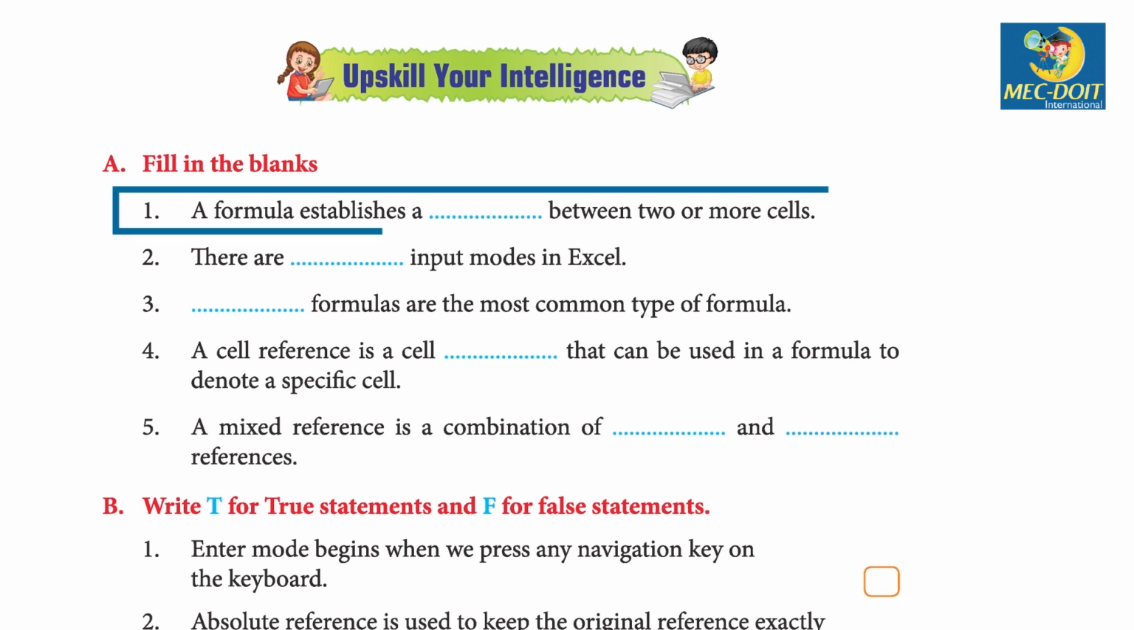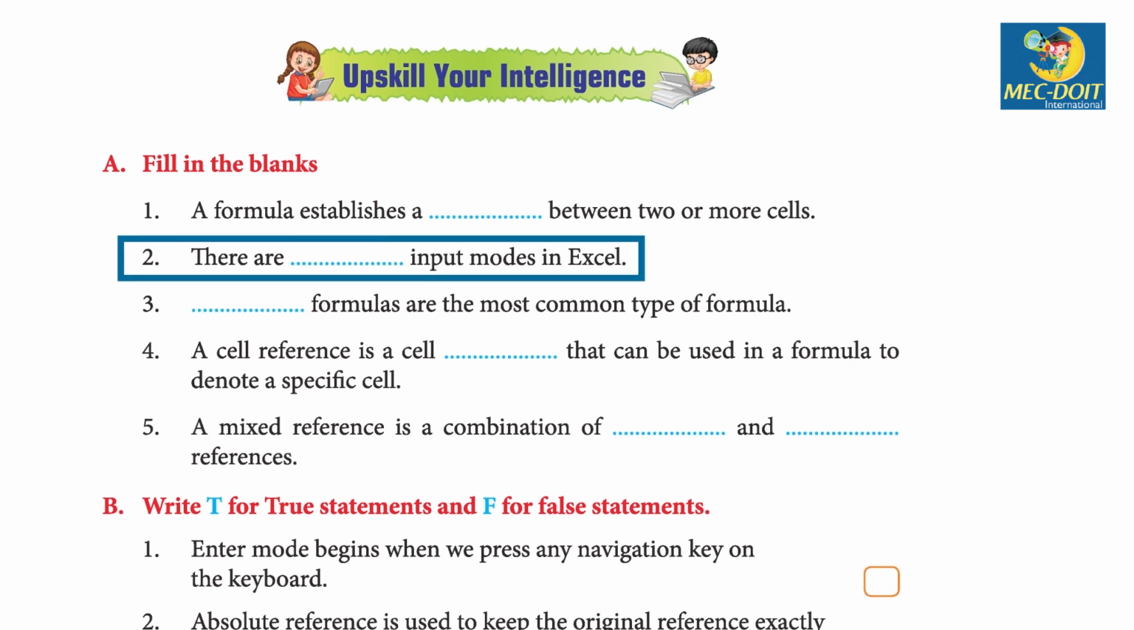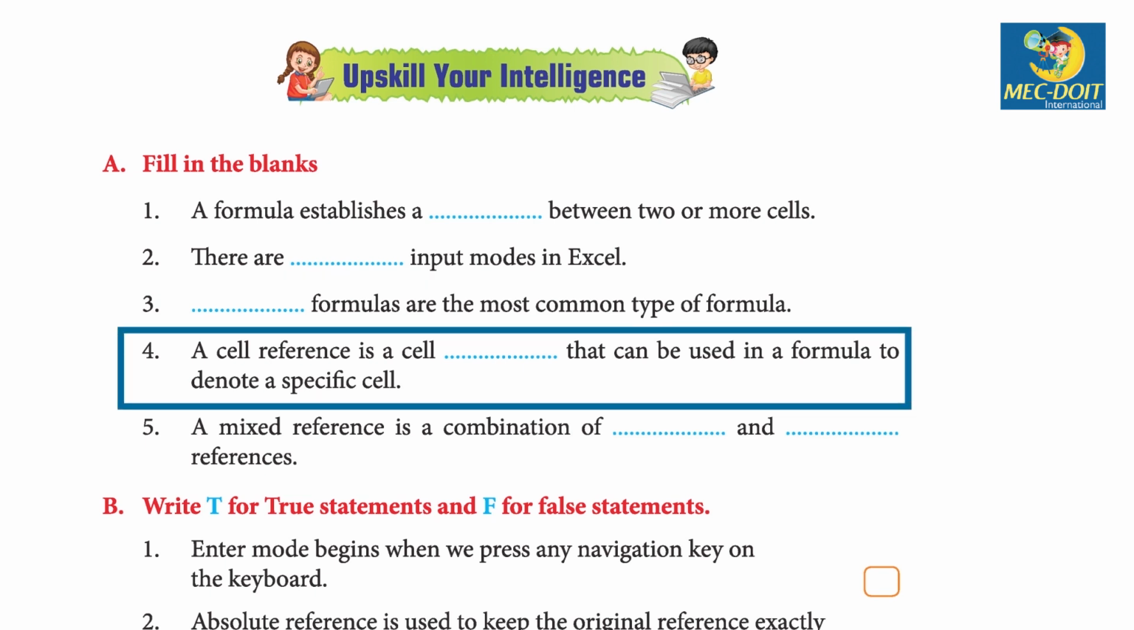1. A formula establishes a dash between 2 or more cells. Answer: relationship. 2. There are dash input modes in Excel. Answer: 3. 3. Dash formulas are the most common type of formula. Answer: arithmetic. 4. A cell reference is a cell dash that can be used in a formula to denote a